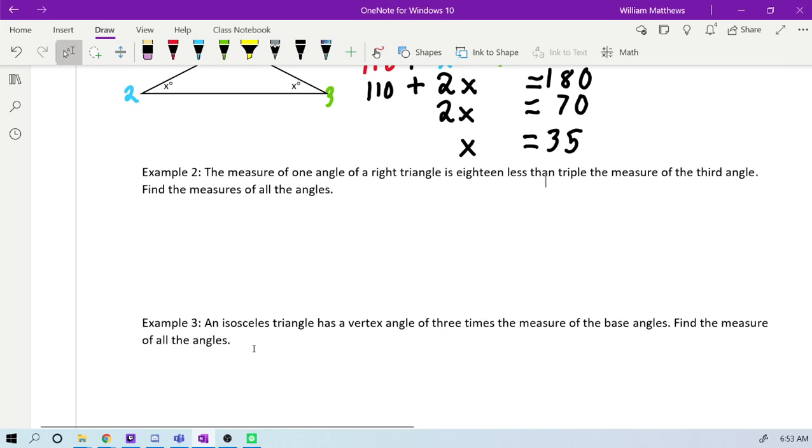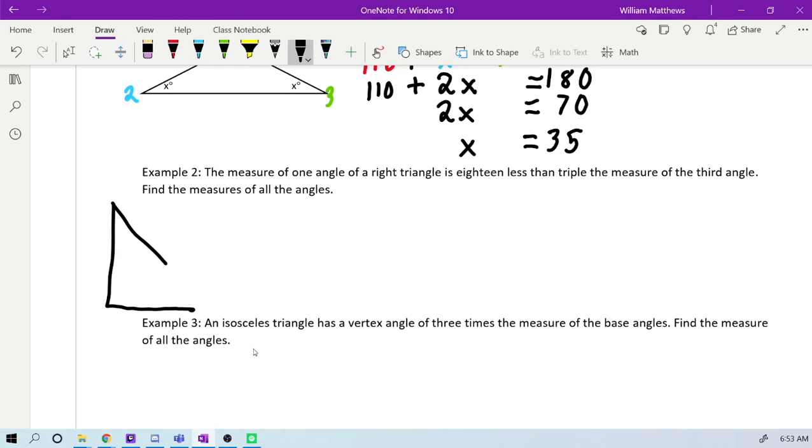Getting back into some word problems to set everything up. It says the measure of one angle of a right triangle is 18 less than triple the measure of the third angle. So if we try to draw a picture real quick, this is telling us we do have a right triangle. That means that this angle is 90. The rest of the expression says that that one angle, which we already know the first one, so we'll say this is measure of angle 2,